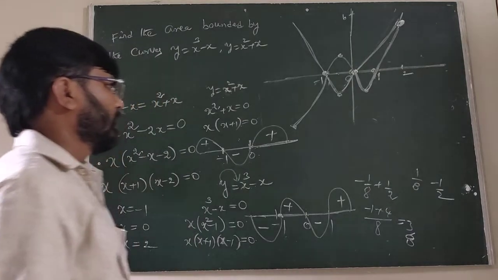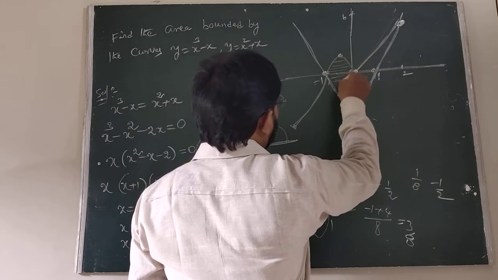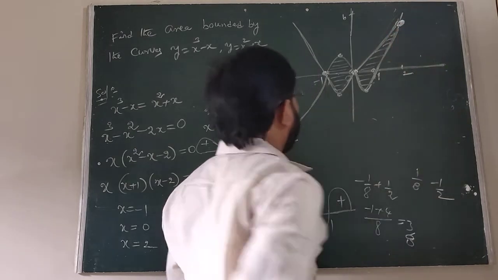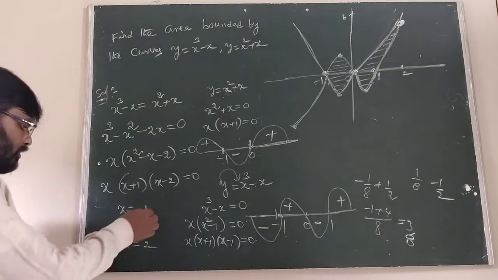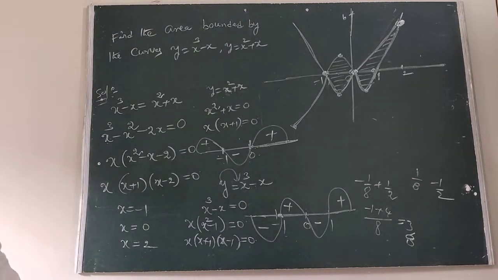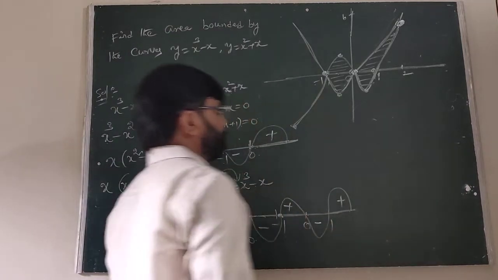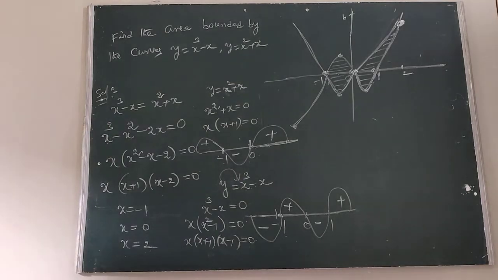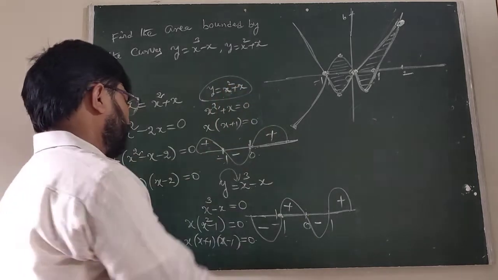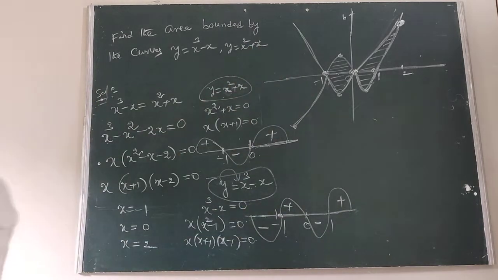Okay, now we can write this area, the area of this one. Right now we calculate this area. The limits are, students, minus 1 to 0 and 0 to 2. How to calculate that area? Therefore all of you listen. If you are facing a problem, we can take the table of y equals x square plus x, and we can draw another table y equals x cube minus x. So we can identify these regions.